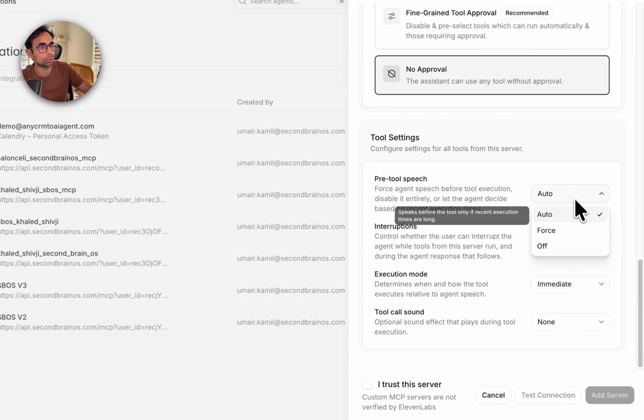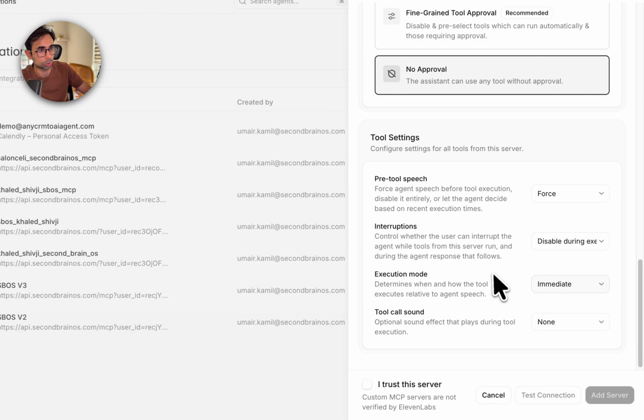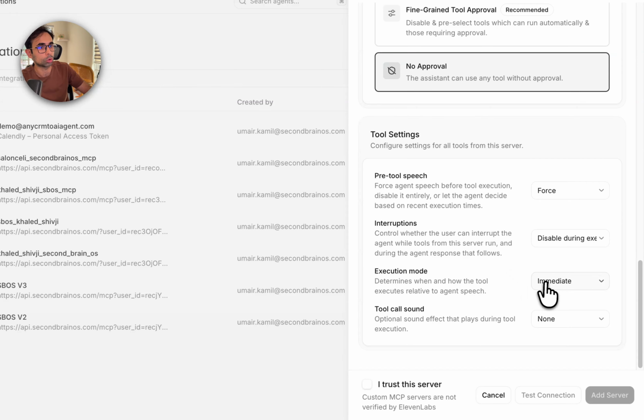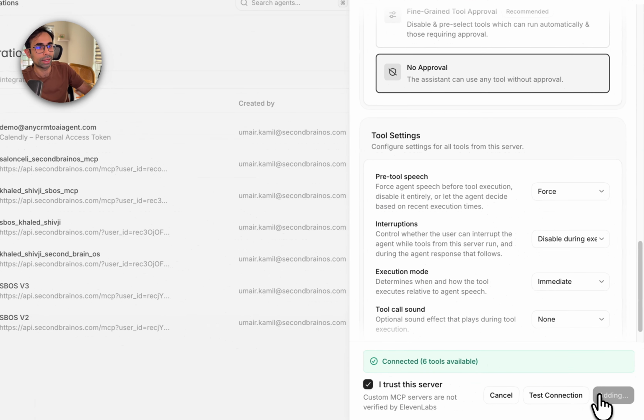Tool settings, pre-tool speech, set it to force. Interruptions, do not allow, disable during execution. And after that, execution mode, immediate, and tool call sound, none. I trust this MCP server, test connection, right? Now, if it works successfully, if you've done all these configurations, you'll get a green over here and press add